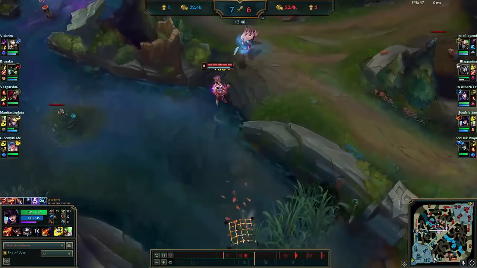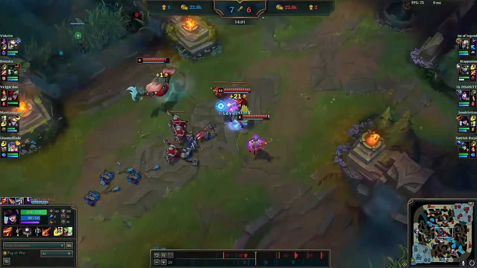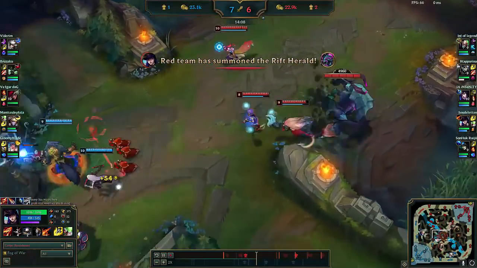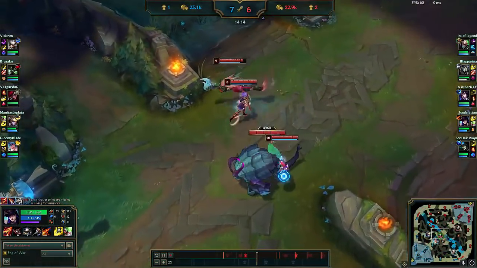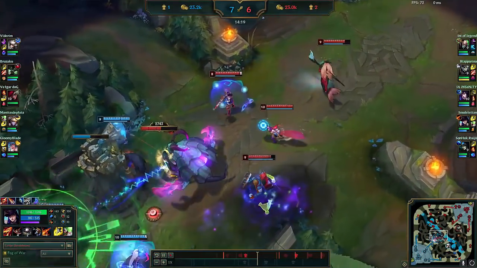So I'm going to run over here, clear out some vision. I'm just going to start shoving it down here. So we clear the wave, and immediately I summon the Rift Herald. Bada bing, bada boom. And we're going to get some solid damage on the tower right here. So I'm going to try to kill this,